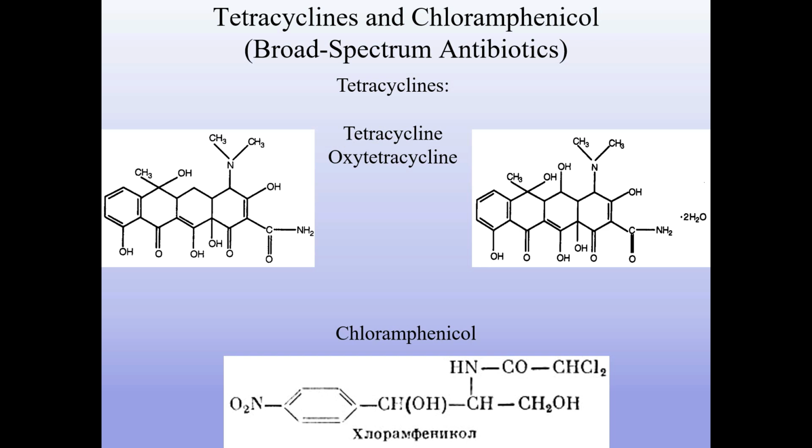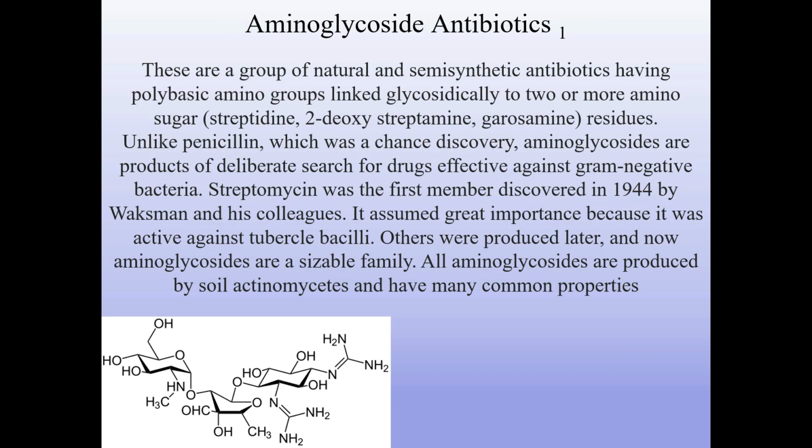Representatives of broad-spectrum antibiotics are tetracyclines, for example tetracycline, oxytetracycline, and chloramphenicol. Next group in more details is aminoglycoside antibiotics. These are a group of natural and semi-synthetic antibiotics having polybasic amino groups linked glycosidically to two or more amino